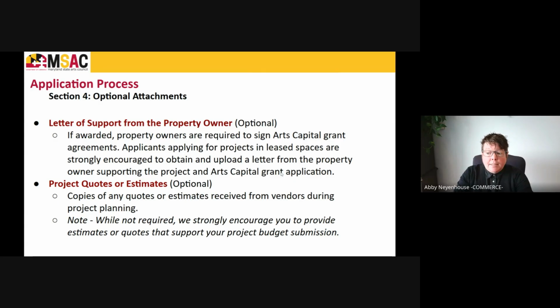And so it is really important to have them in the conversation as early as possible. And if you can get a letter from them that states that they support the project, that is just strengthening your application. And then we have optional project quotes or estimates, which are copies of any quotes or estimates